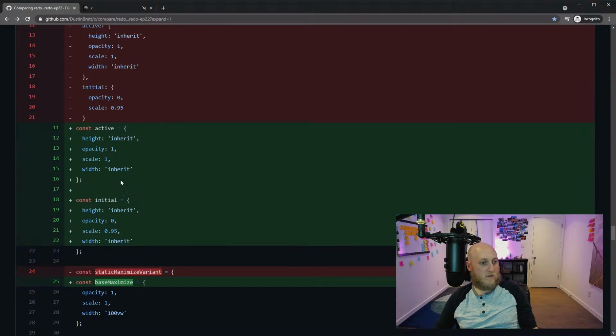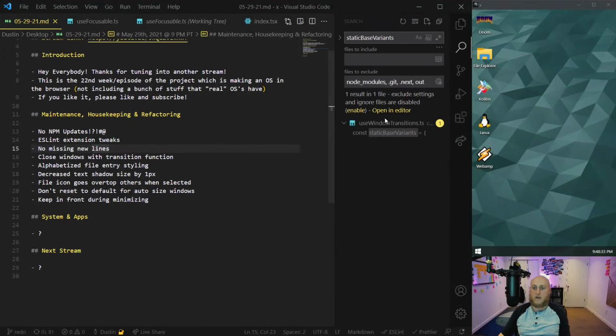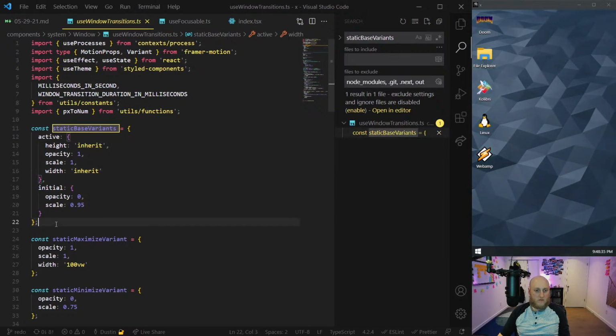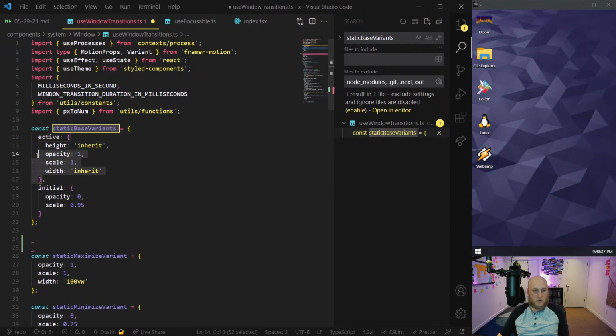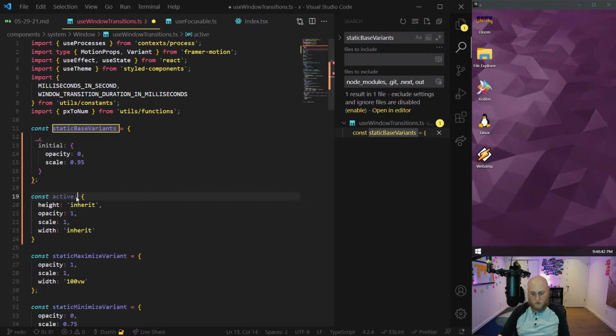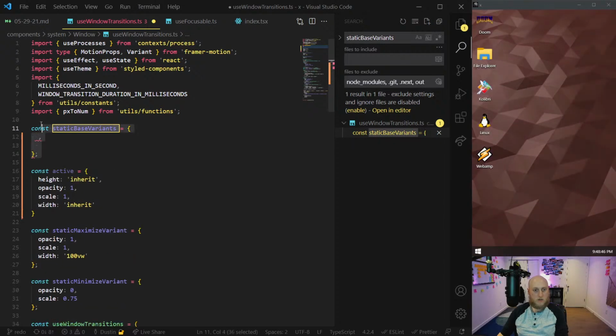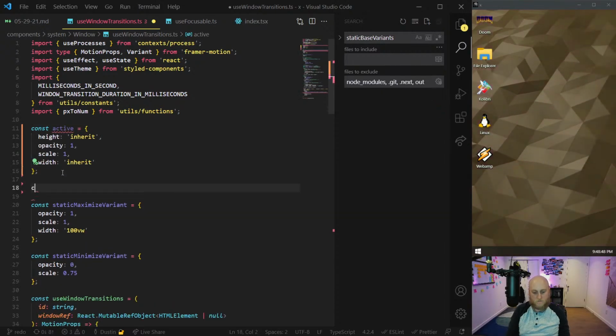So I've split this into two just because I preferred it like that, I think. Yeah, because I have this for a few of the other ones, so I think it just made more sense to split this up. We'll just call that one active, and this one's initial, and then we don't even need that.